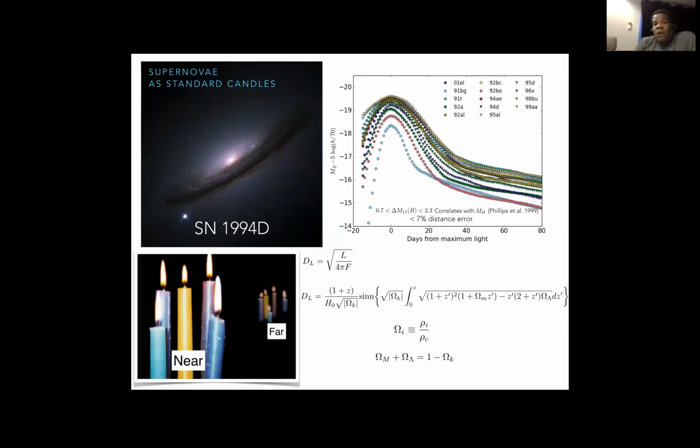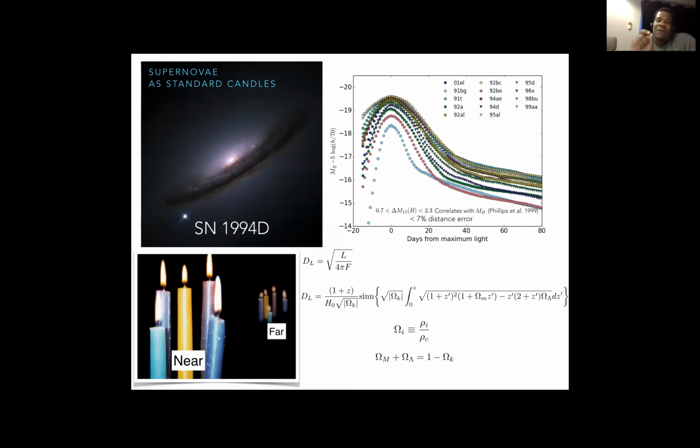Before I go on in that story, what we also noticed is that the supernova light curves appear to have this weird correlation. That is, the brighter events all seem to rise and decay at a slower rate than the fainter events. This allowed us an empirical correction: we can correct the luminosity of the event by the light curve shape, and arrive at a correction to the intrinsic luminosity scatter, arriving at a much more precise distance indicator than has ever been before.